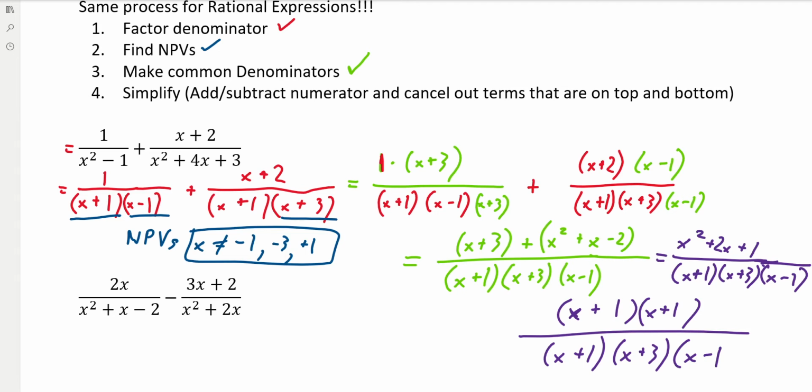And now finally we can cancel out terms on the top and bottom. We've got x plus 1, x plus 1. And so we're finally just left with,